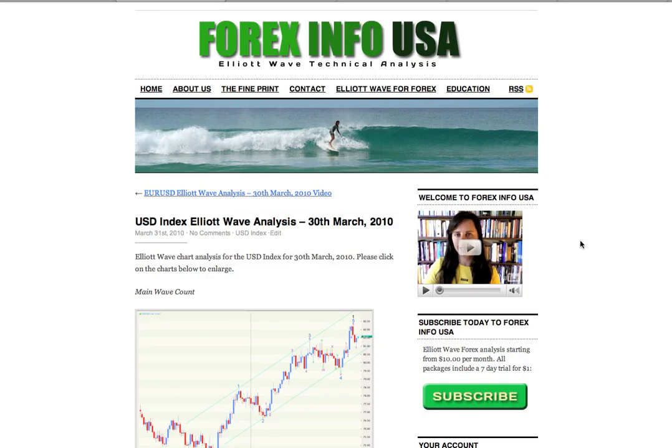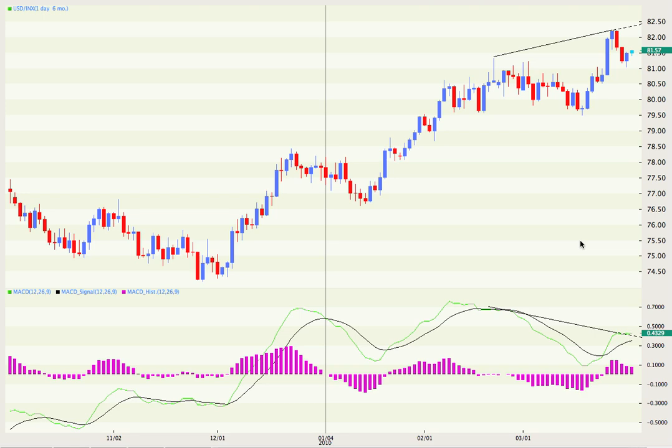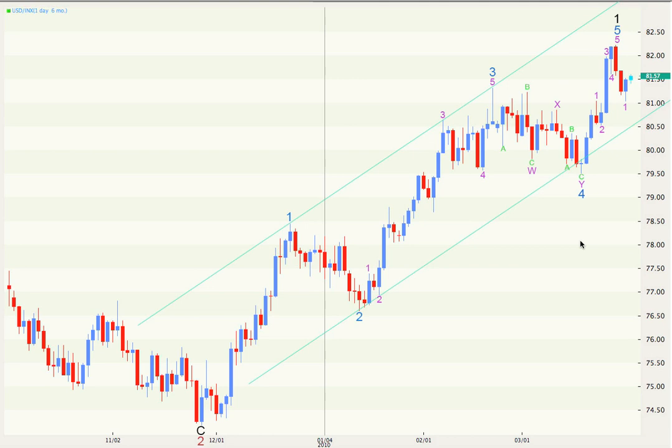So taking you now to a daily chart, and again I have those 2 wave counts. Here's the main wave count. This wave count says we've had 1, 2, 3, 4, and minor 5th of our first intermediate wave 1 up has finished already, and we're on our way down. This wave count's going to be really strongly confirmed when we have movement below the lower edge of this parallel